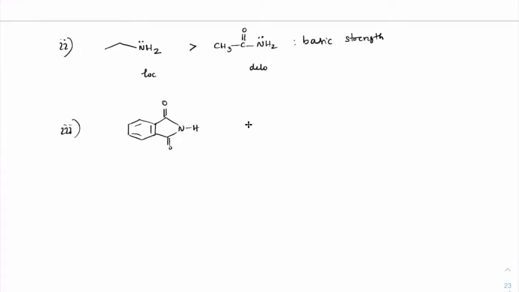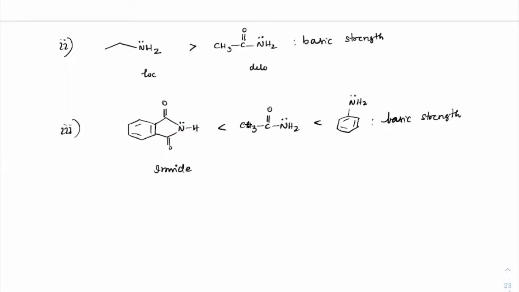This is the amide. Now if amide is on both sides, if the lone pair is like a diamide, it is called an imide, I-M-I-D-E. So this is the imide family. In the imide family, if you consider CH3C(=O)NH2 and compare it with NH2 here, got it? Now if you see the basic character of these three, this is how the basic strength would be.